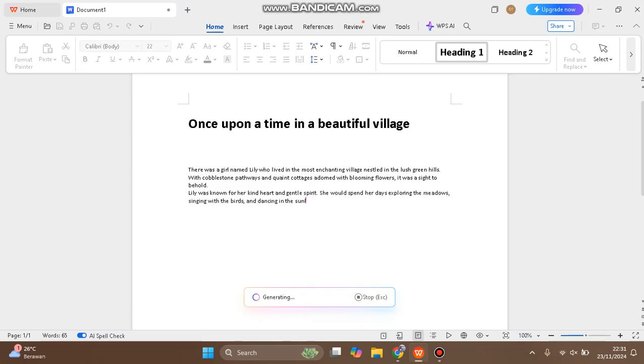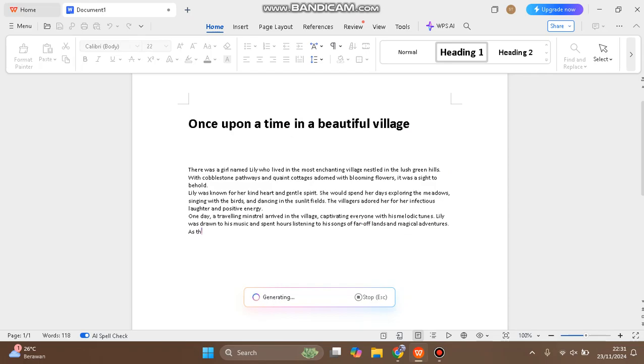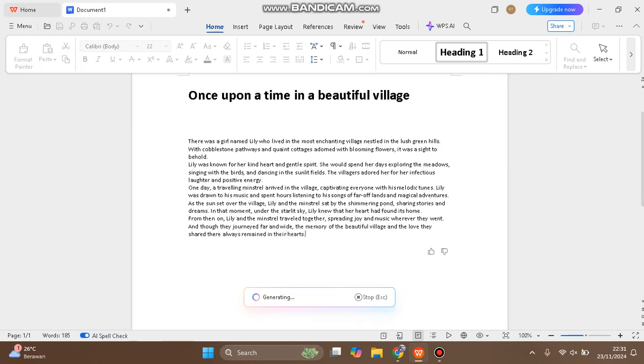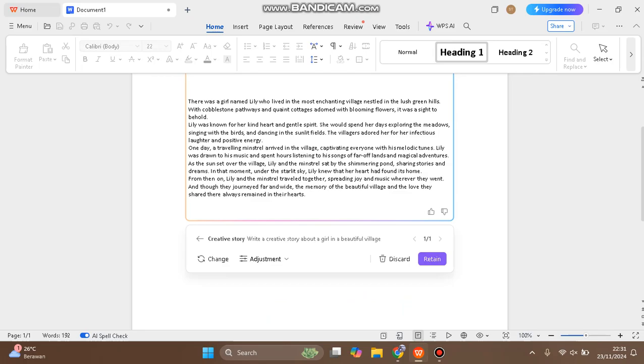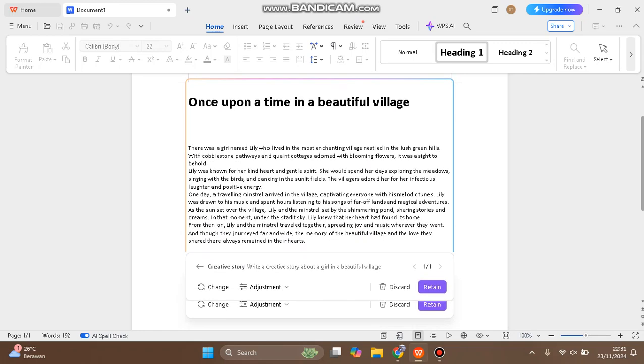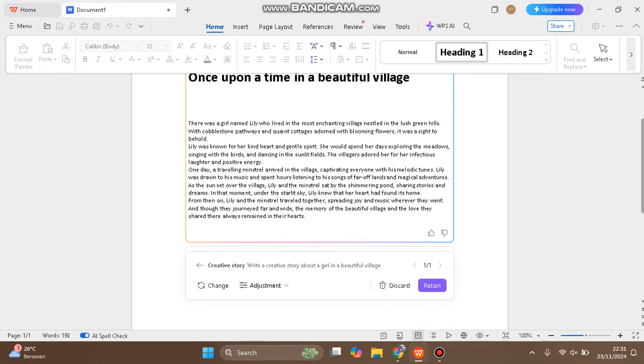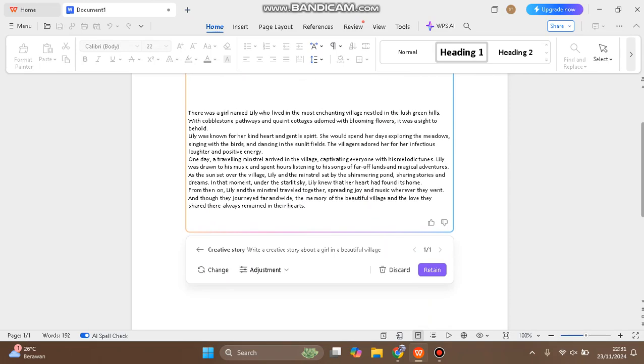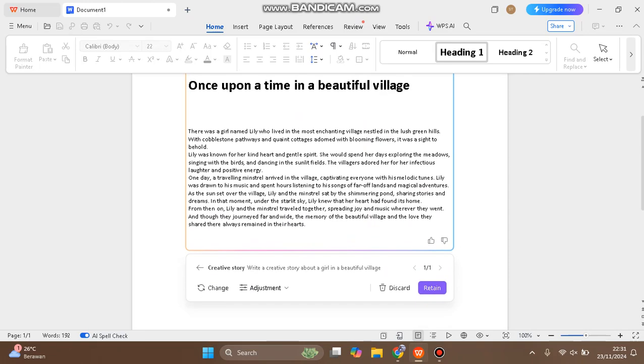And in here you can see once upon a time in a beautiful village, blah blah blah. You can see it will start writing so quick. Here it's still generating. If you want it to stop, you can click on stop. Okay, so you can see there will be this creative story. I think the AI tool is kind of good because they write so quick, and yeah, I think you can